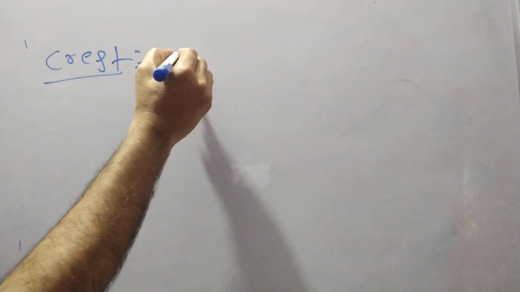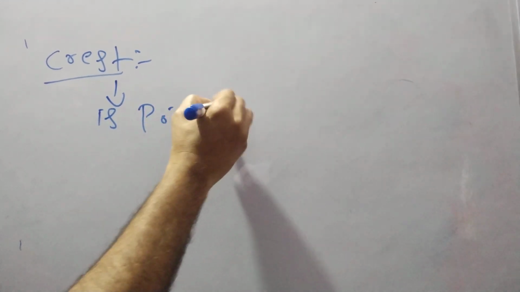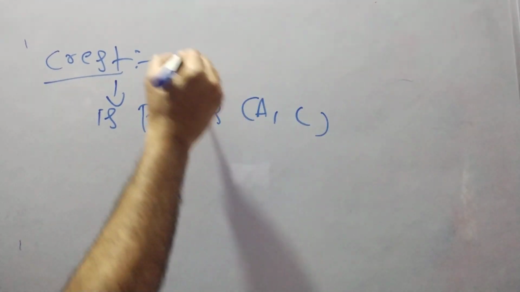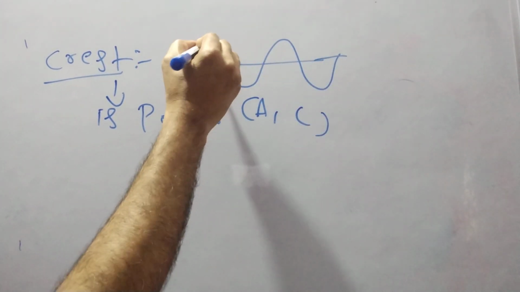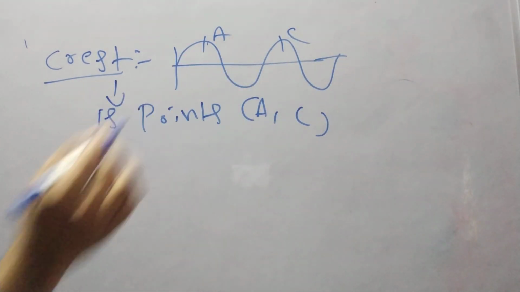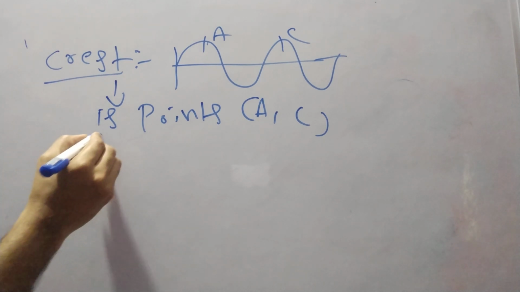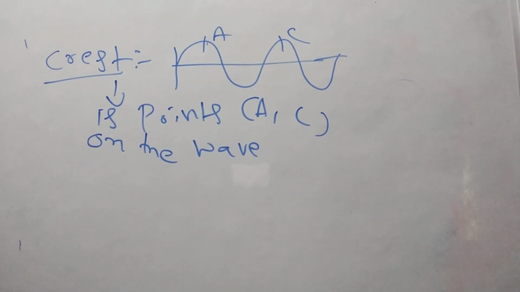I am writing the definition of crest here, then I will explain in detail. So what is crest? Crest is point or points on the figure which we saw. So already I showed this figure. This one is A, this is C, right? So the crest means points A, comma C on the wave. So these are on the wave only. A and C are the points on the wave, such that it exhibits